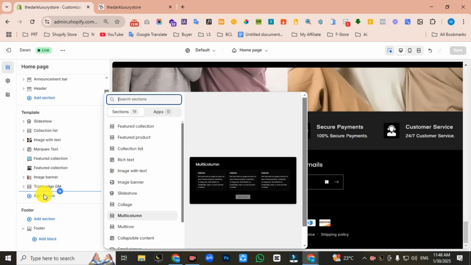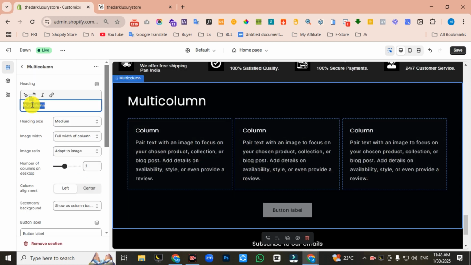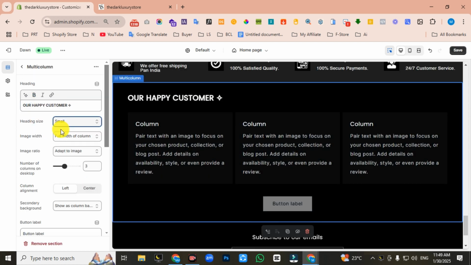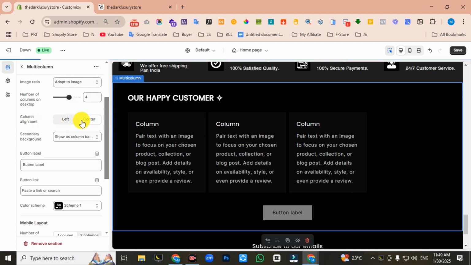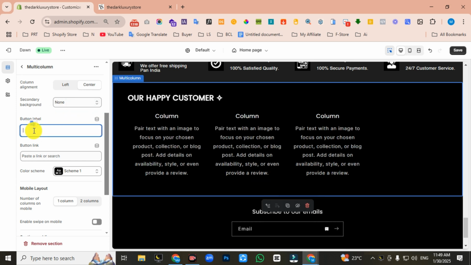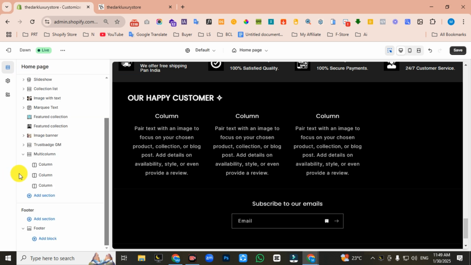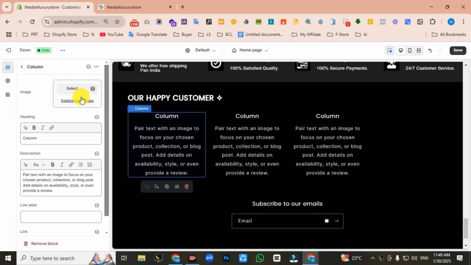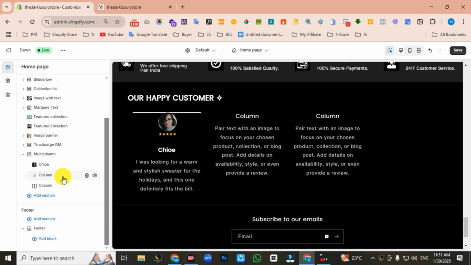Click on this add section, then select this multi-column, then click this multi-column, then change this heading text. Heading size will be small, then scroll down, number of column will be 4, column alignment will be center, then scroll down, secondary background will be none, then delete the button label text, then scroll down, enable this sweep on mobile, then go back, then click on this first column, then upload your image banner here, then change this heading text, then change this description and input your review text here, then go back and delete this second column and